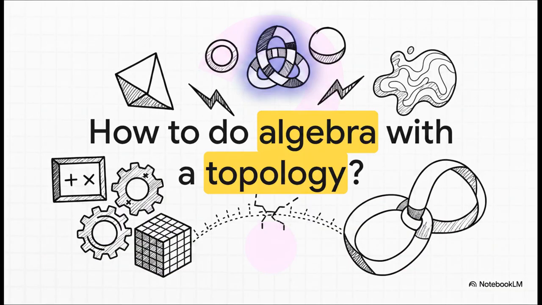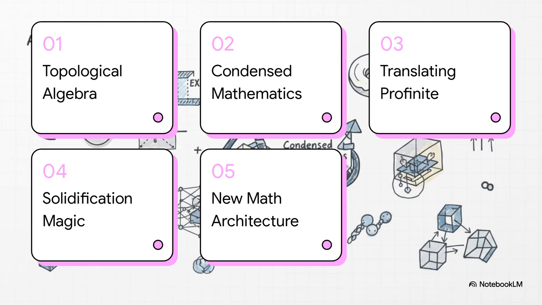So here is the inciting incident, the million-dollar question we're dealing with right off the bat. How on earth do you do algebra when your rings, modules, or groups actually carry a topology? Think about it. How can we possibly mix the strict, discrete, unbending laws of algebra with the continuous, squishy, messy shapes of topology? Historically, trying to force these two totally different worlds together has just caused mathematical systems to break down completely. To wrap our heads around Scholze's brilliant solution, here is our cognitive roadmap.